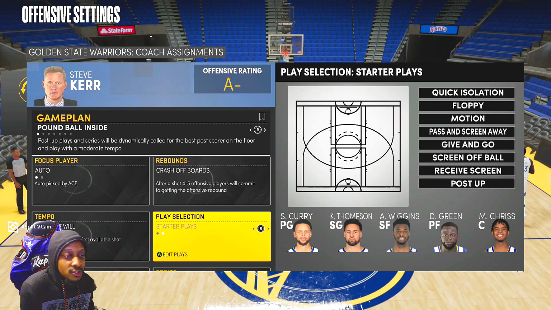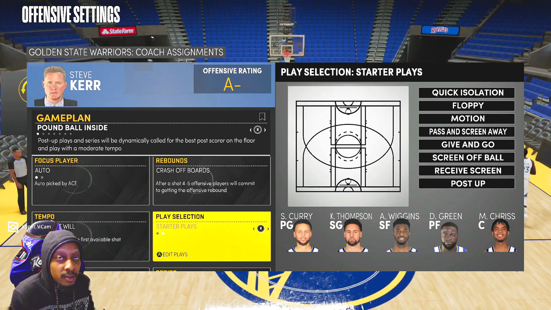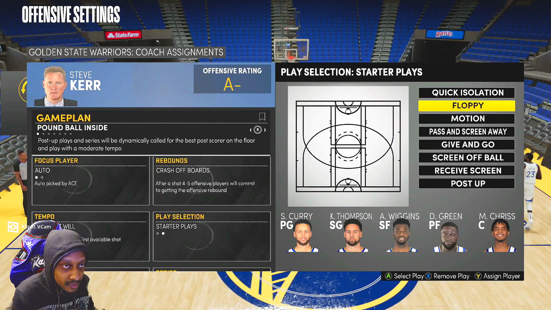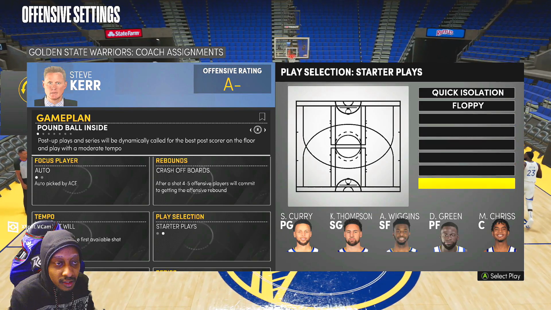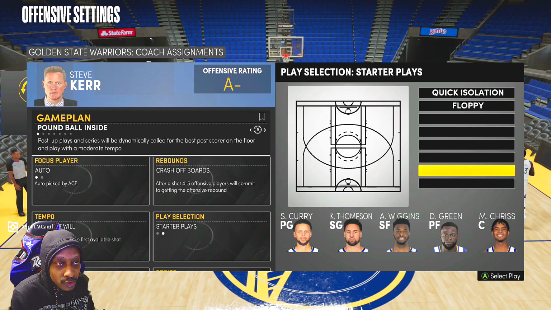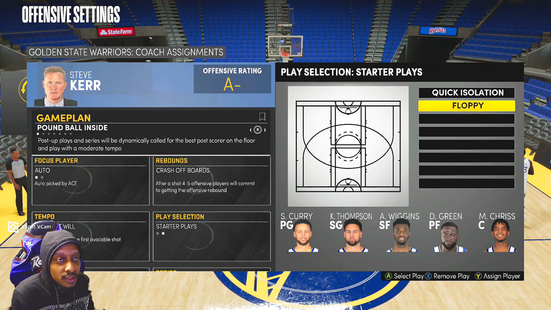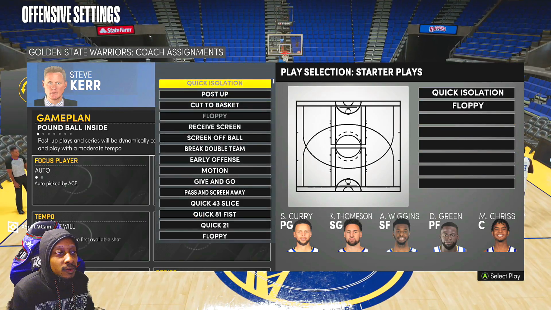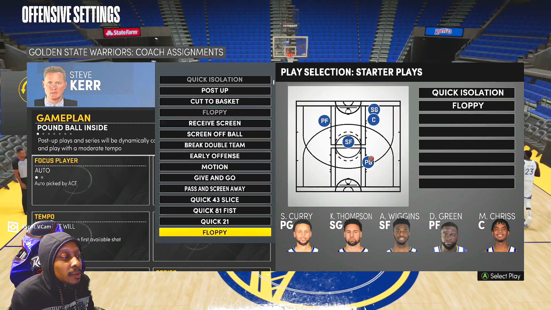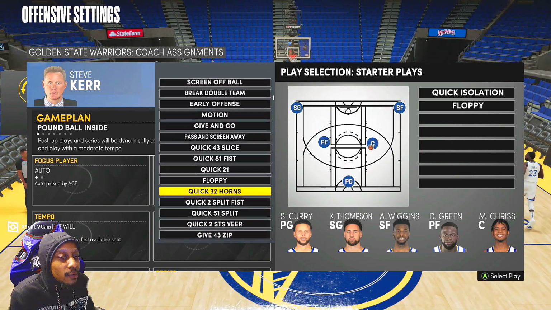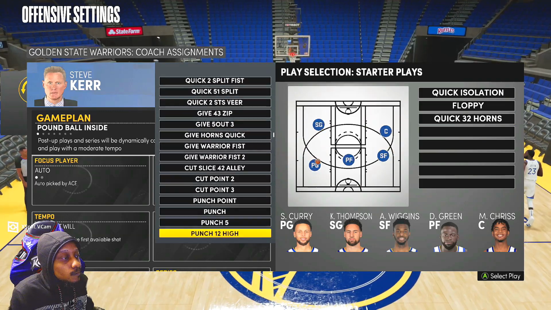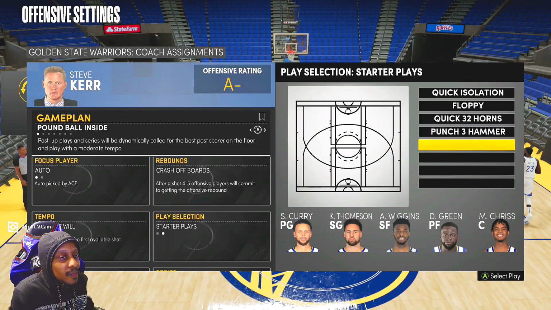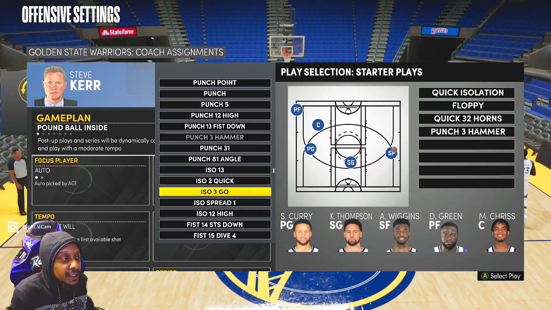So we just gonna go starters right here and then press A. And I'm gonna remove some of these. Just press X or circle. I mean, not circle, square to remove them. And then we can add some of our plays that we want. Add that,